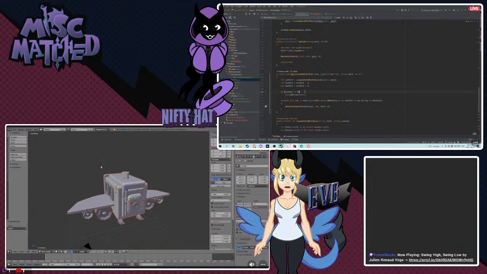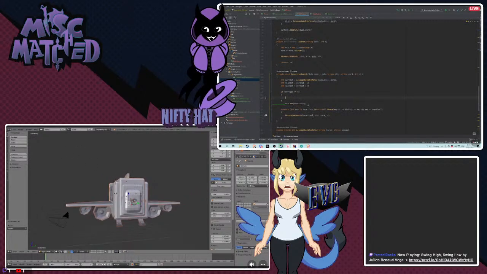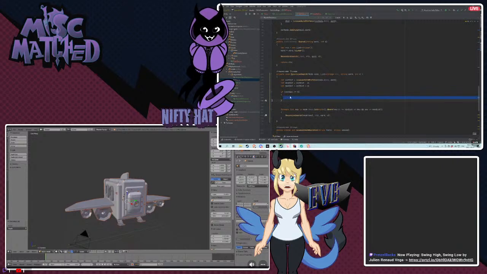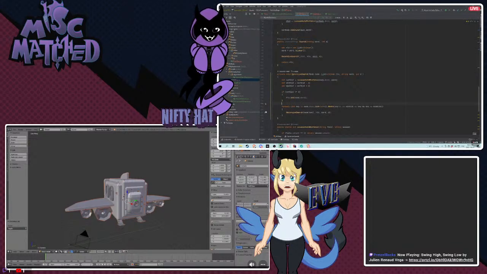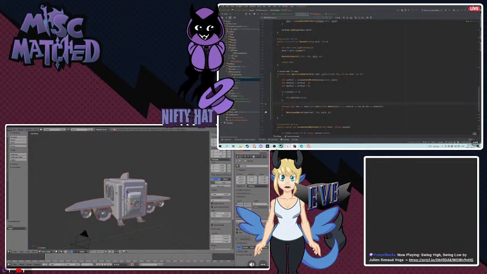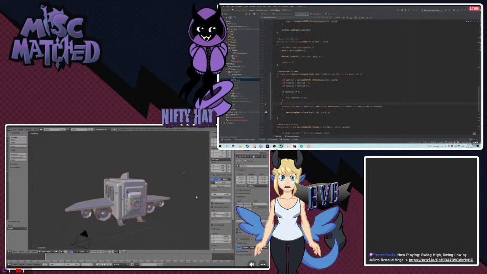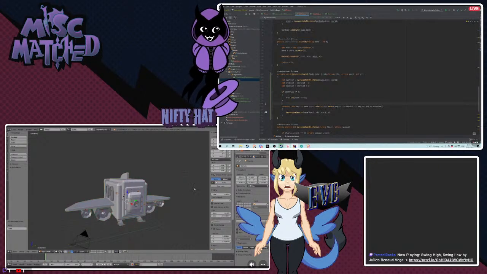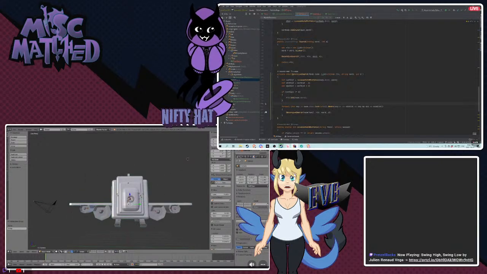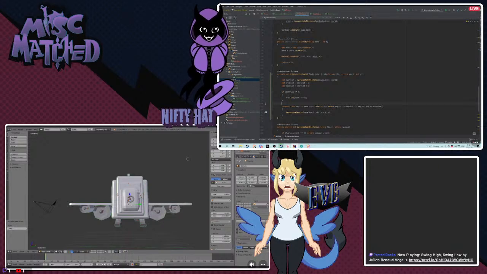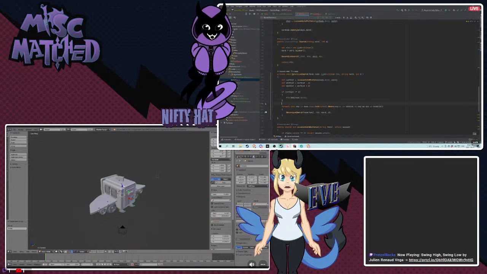How do I group again? Control G? No, that's probably too obvious. Blender, how to group objects. Hey, it's Control G. Okay, I was about to be like, have you ever had an experience using an application where you want to do a thing, you know the standardized shortcut for the thing, you can't be bothered to look up in the documentation what the shortcut does, and then you press it, and you're like, what the fuck is happening?